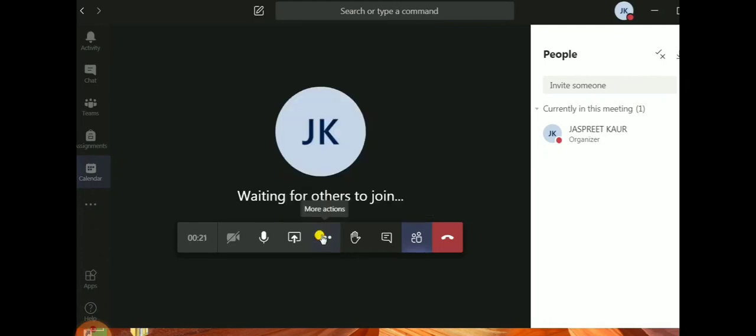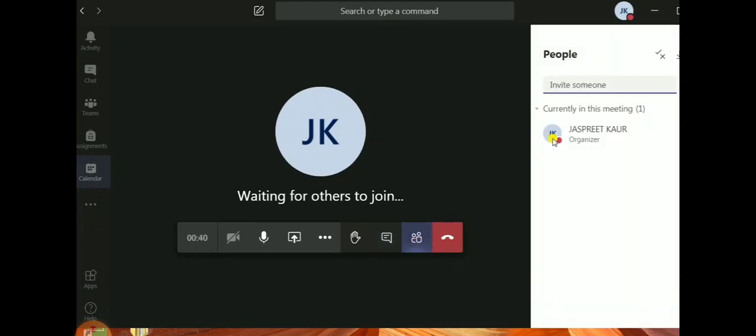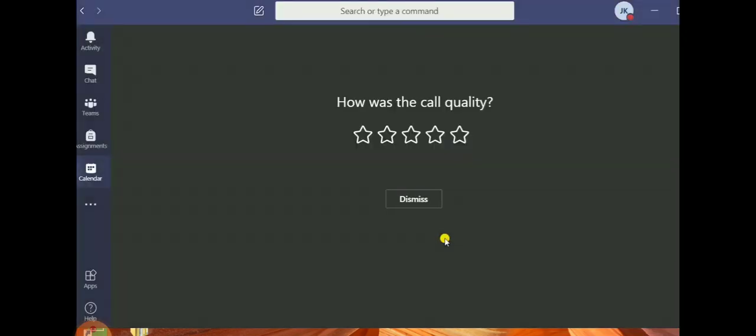The more option will provide you some extra options like start recording, end meeting, keypad, etc. You will get familiar when you start using this app. Then you have the raise hand option to ask any question in the class. And next to this, show conversation. On the right side, see the conversation is shown. You can type your message also. You can see all the chat during the class. And this option shows you the participants, how many children are participating in the class. And last is hang up, meaning you can leave the meeting now, your class is over.